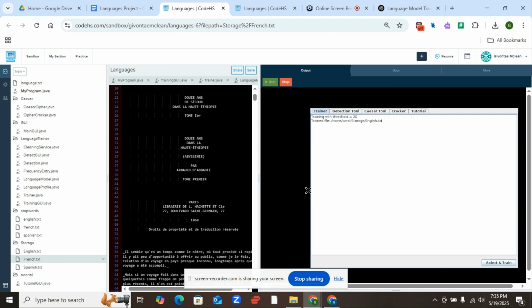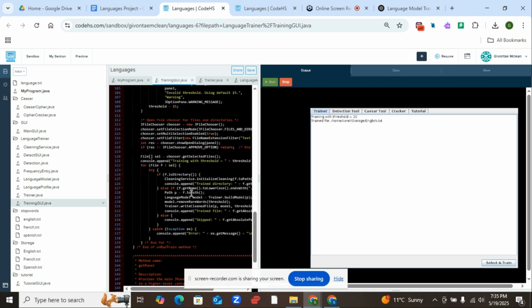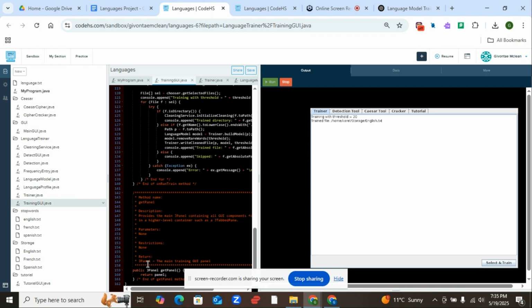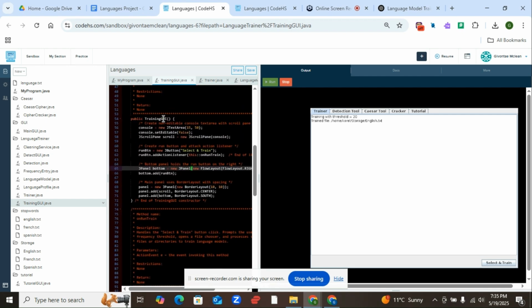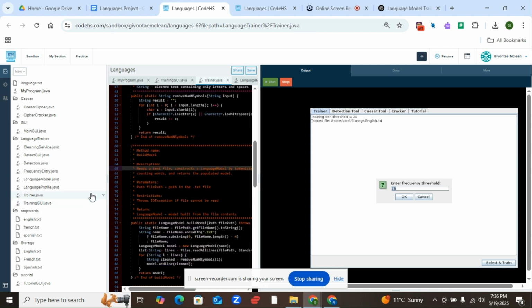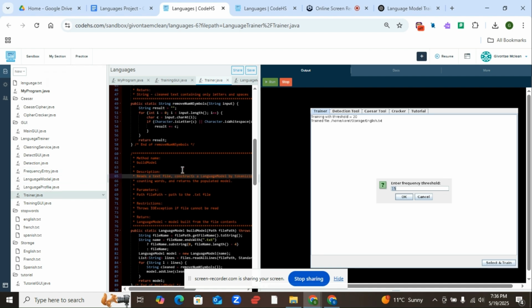With the trainer tab, training.gui returns a JPanel. This panel basically allows the user to specify which frequency threshold they want, as you can see here, as well as a file they want to choose to clean. This is backed up by the code in trainer, which for example in